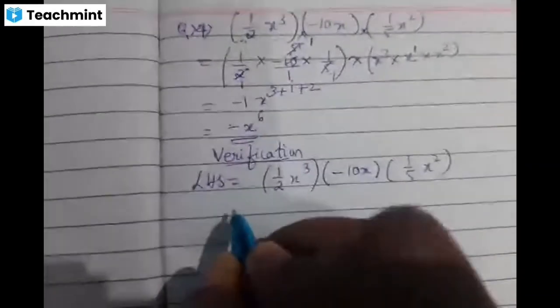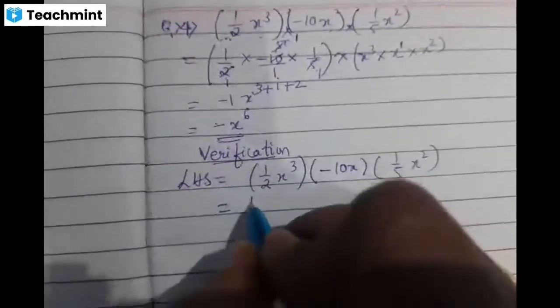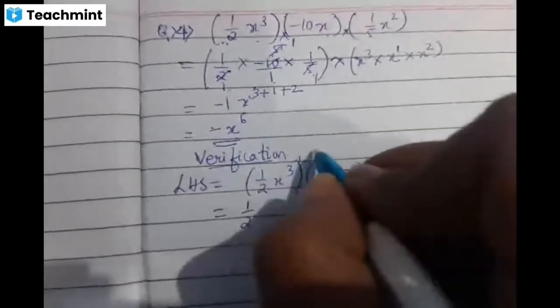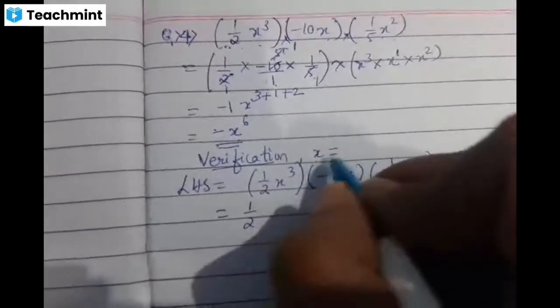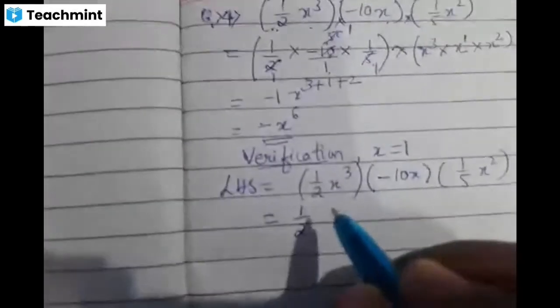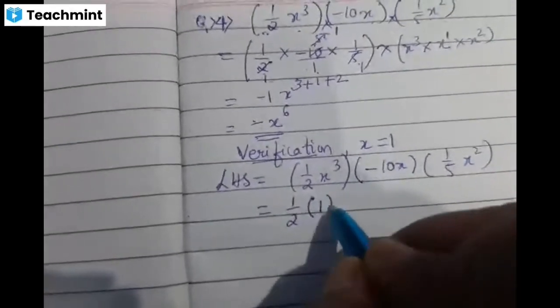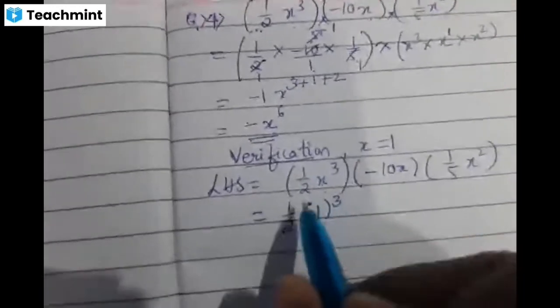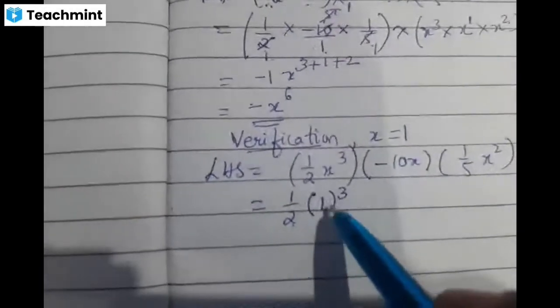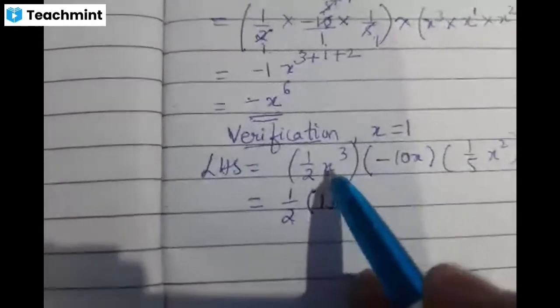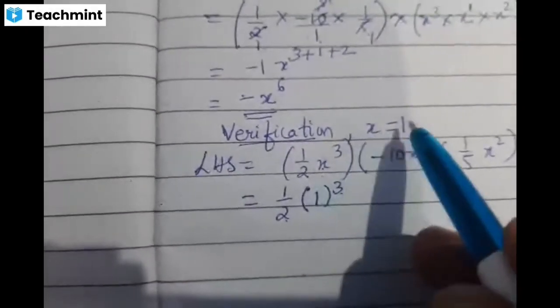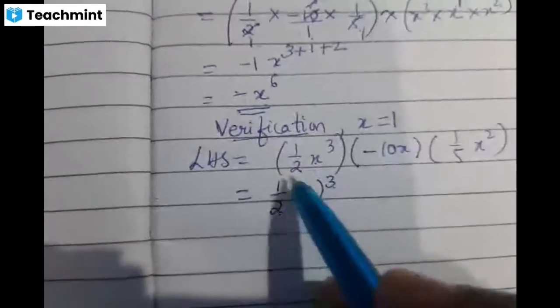So this becomes the LHS for us, children, and the answer we get here will be considered as the RHS. Now let us first verify LHS, and we are going to verify LHS for the value of x as 1. Why did they give the value of x here, children? So that we are going to substitute 1 in place of x. See what I have done here: 1 by 2 I have written the same. In place of x, I have written 1, children, 1 to the power of 3. Only the place of x is replaced with 1. Other numbers are kept as they are.